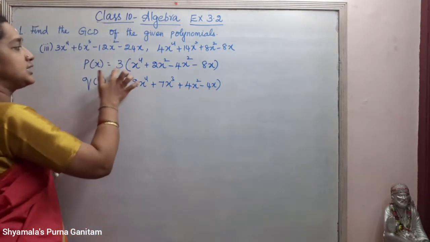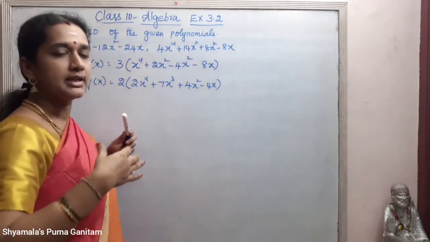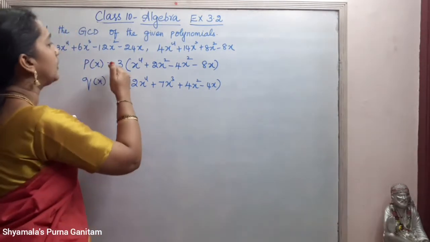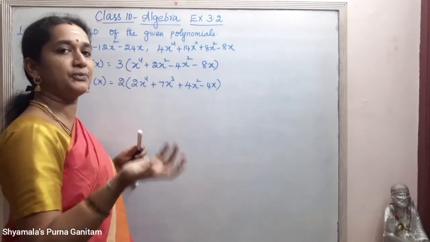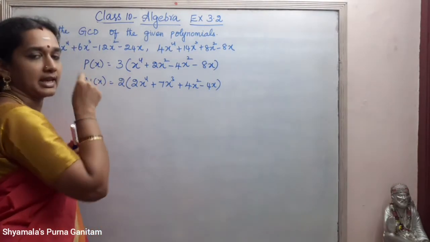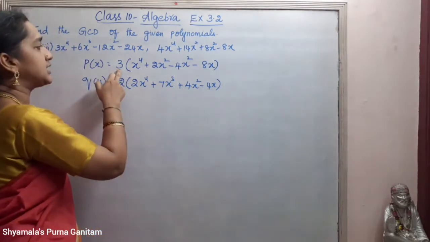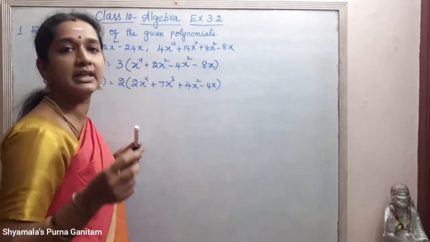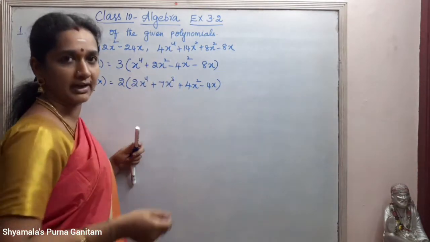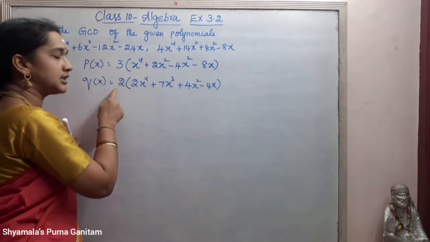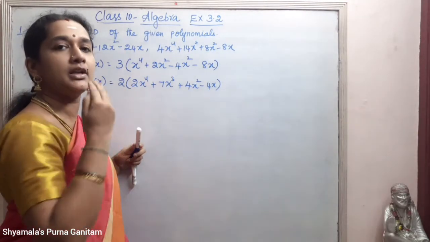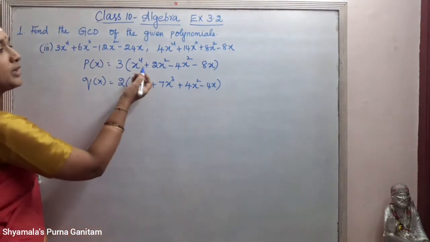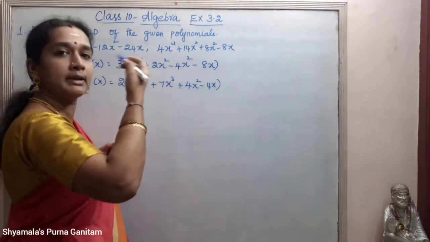Then we will find the GCD of this 3 and 2 separately. If we find the GCD of this 3 and 2, it will be 1 only. So we can leave this. If we have some other number here as 6, 9 and all, then we have to find the GCD of this 3 and 2 separately, then multiply it with the final GCD answer. Okay, so in this sum, since 3 and 2 is only there, the HCF of this 3 and 2 is 1. Okay, so now we will do the remaining numbers.